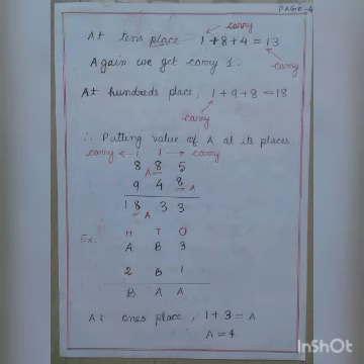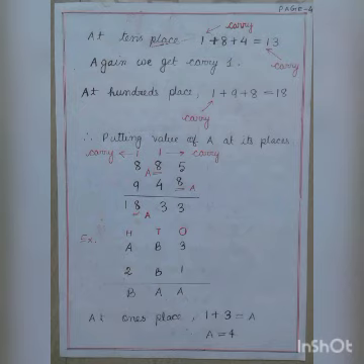At tens place, the carry 1 plus the value of a, 8, plus 4 is 13. Again, we have got a carry which will be carried forward to hundreds place. So at hundreds place, the carry 1 plus 9 plus 8 is 18. Therefore, putting the value of a at its places, we get 885 plus 948 is equal to 1833, which is true for the value of a.